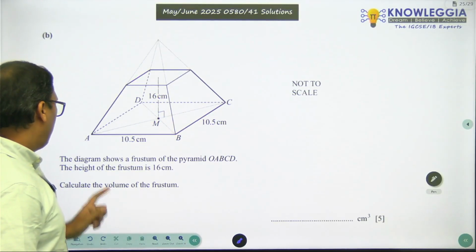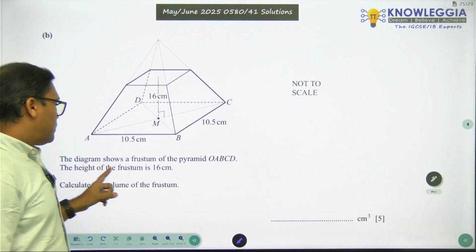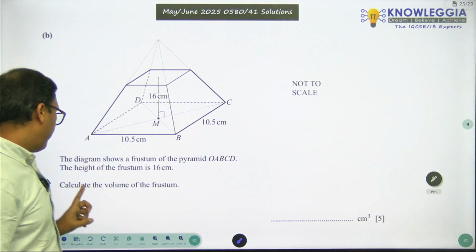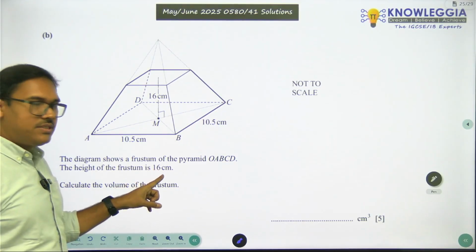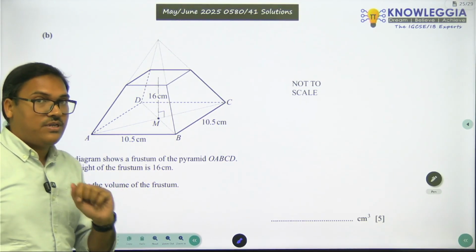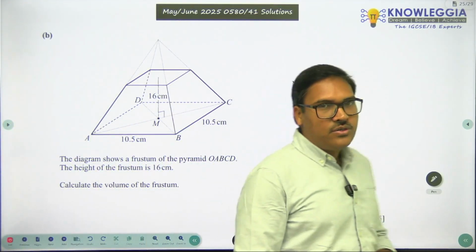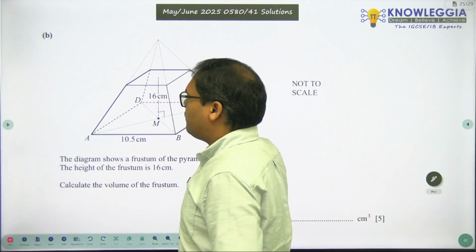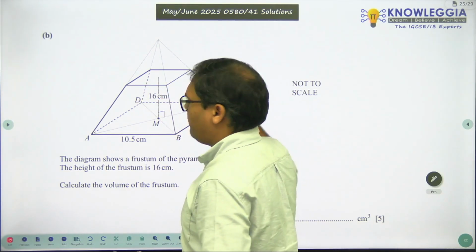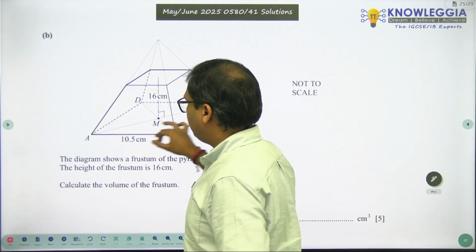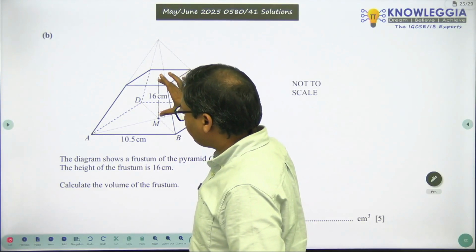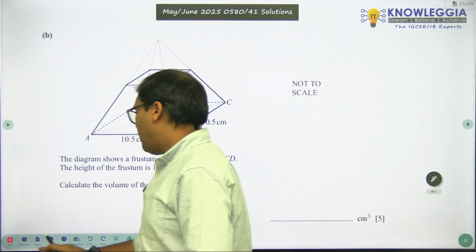Now the diagram shows a frustum of the pyramid, and the height of the frustum is 16. Calculate the volume of the frustum. Now this is an interesting question. What do you mean by frustum? If I cut the top part of a cone, or a pyramid, you will get this thing. This is called a frustum, and it is given that this thing has height 16, and already we know